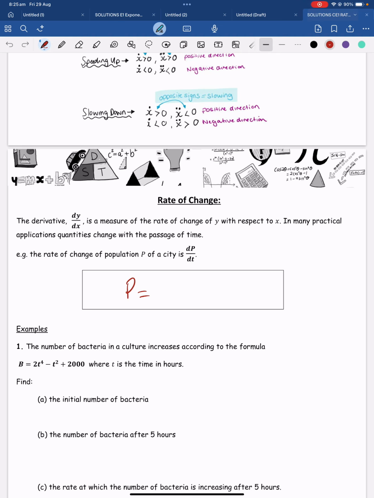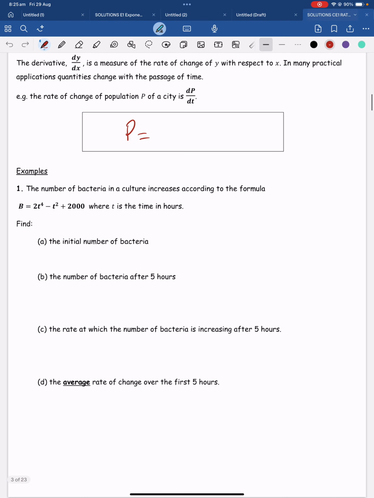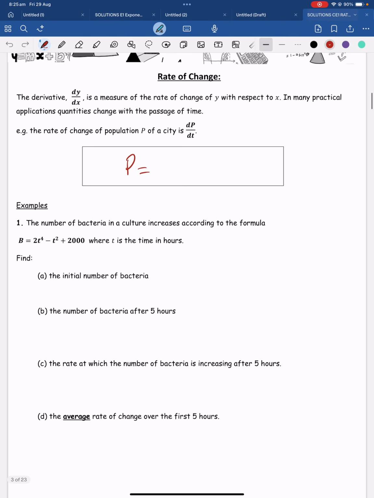If we were to talk about the population itself, then that would be the initial value, and I'll just fill in what we need in this box here. So if I'm looking at dP/dt,